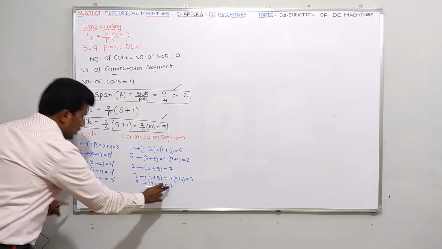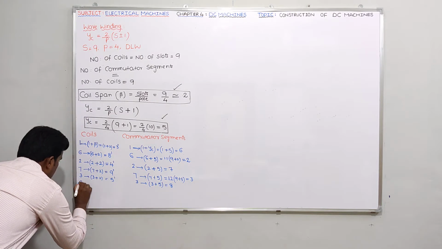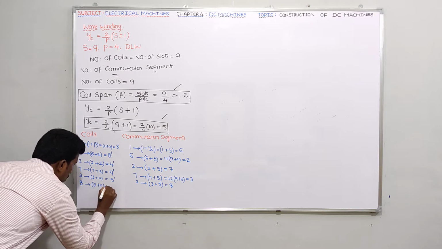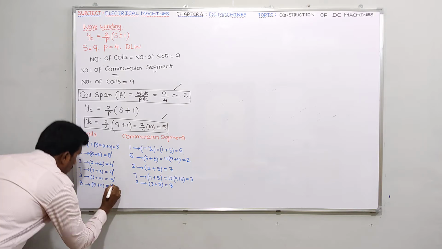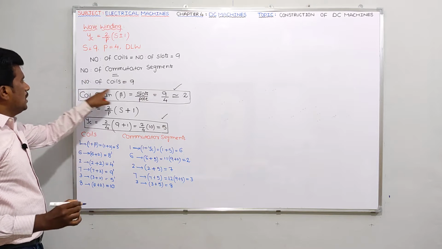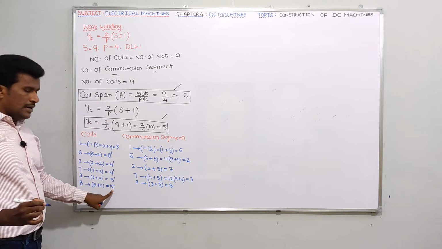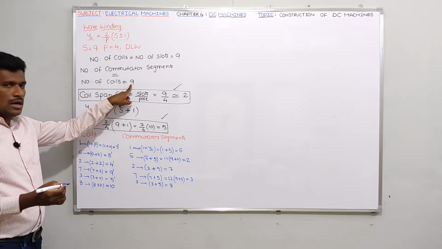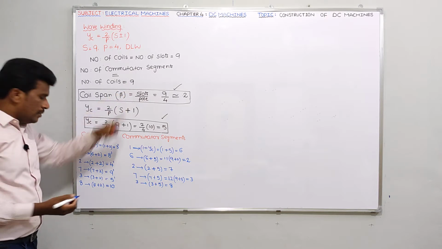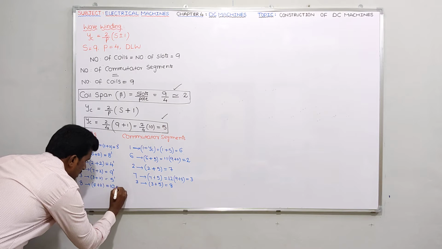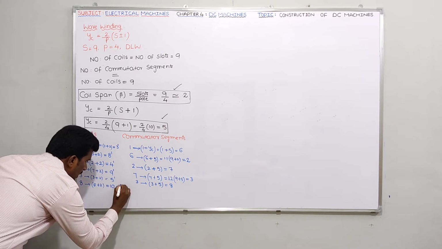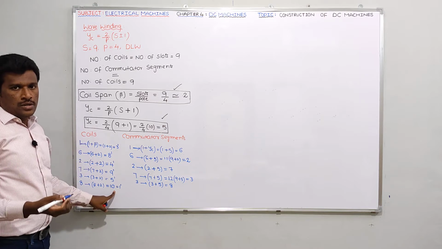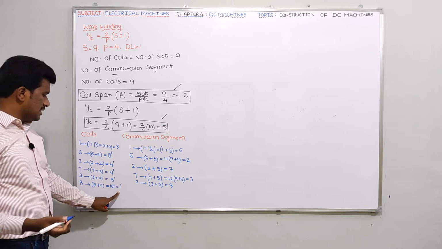Okay. Next, to this 8th segment, the 8th conductor will be connected. So 8 plus coil span 2 is the value 10. But you know what is the maximum number of coils? I said 9 only, but you are getting 10 here. So 10 means what should you write here? 10 minus 9 only, no? That means I can say 1. So here 10 is nothing but 1. So you should write 1 dash, because how do you get this 10? 9 plus 1. So 1 dash. So 8 1 dash is a coil.